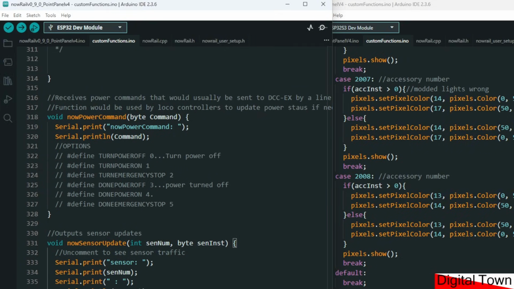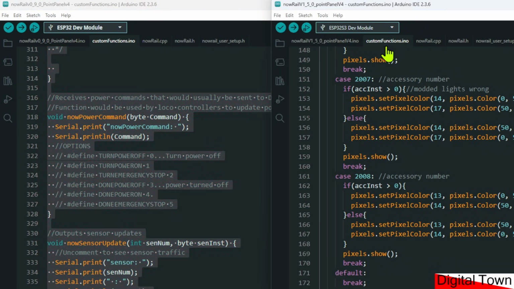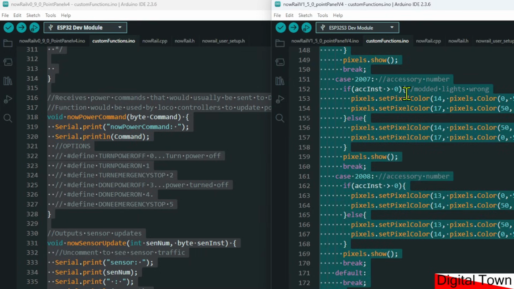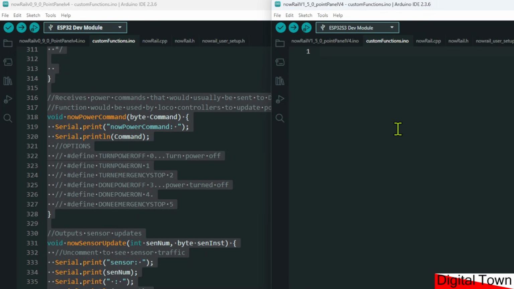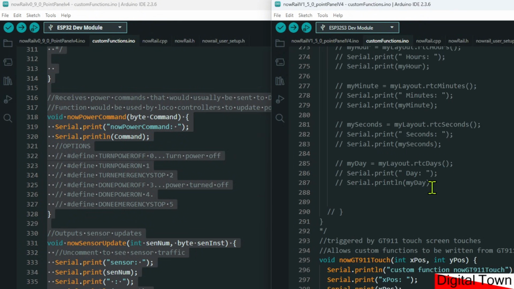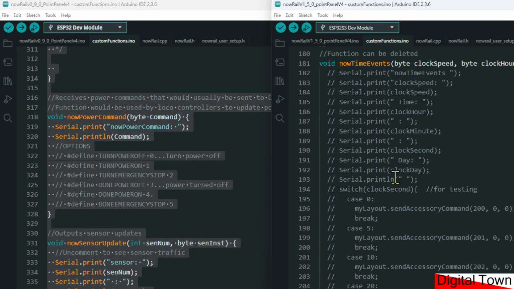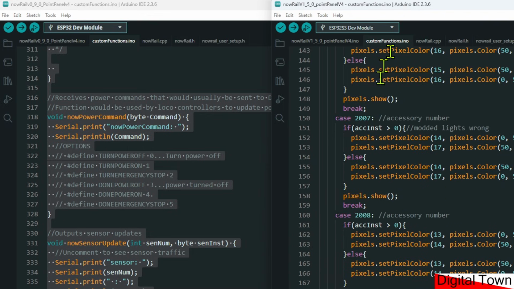It would just be a case of Control A, Control C, come over to this lot, and I would Control A and I'd delete it and then paste the whole lot in. And that's it. Any new functions that have been added, I can always add them in later. But by doing that, I've got all of the custom functions exactly the same way as they were